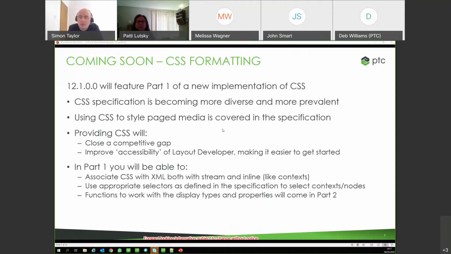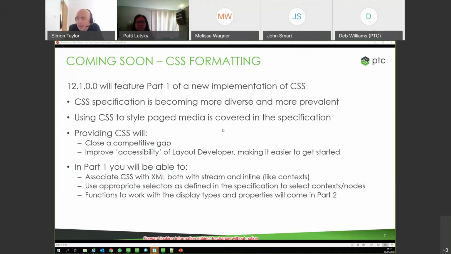So you can develop your style sheets in a CSS tool, and then plug them into Layout Developer and get a lot of the work done before you start to do the more complex stuff, which is what Layout Developer is all about. So a lot of the easy stuff will be taken care of, but the harder stuff you can do in